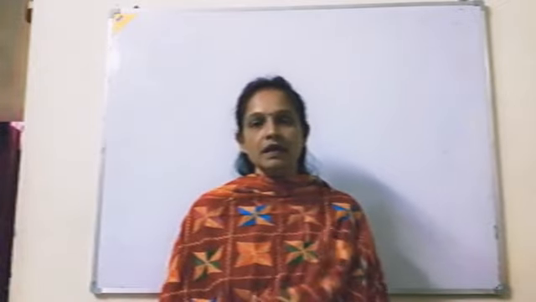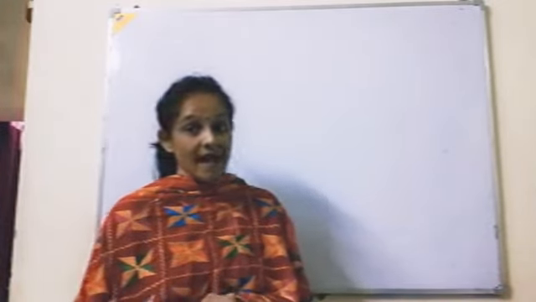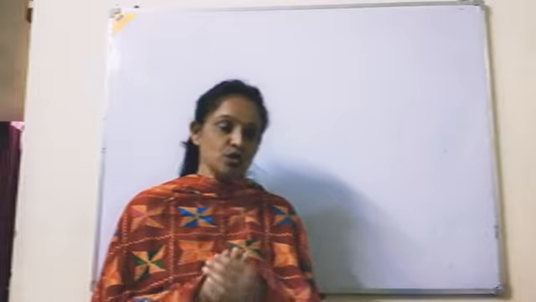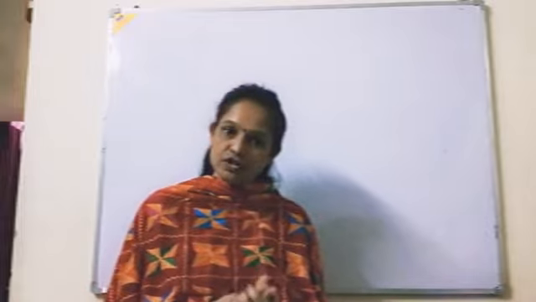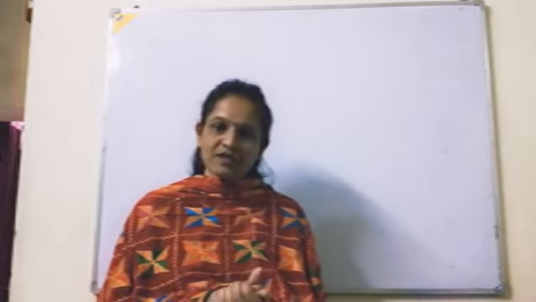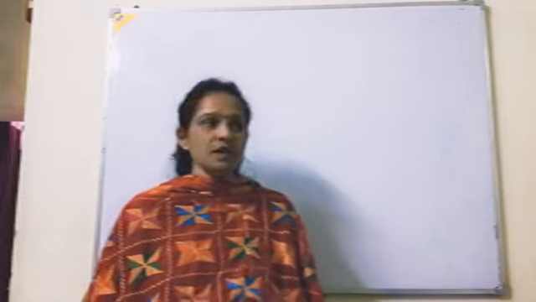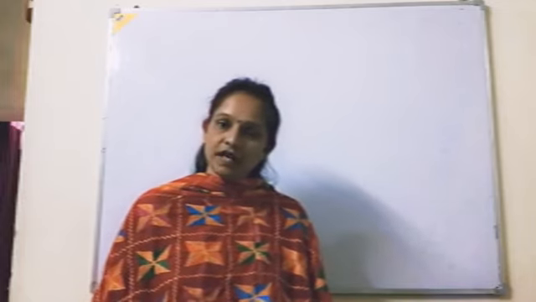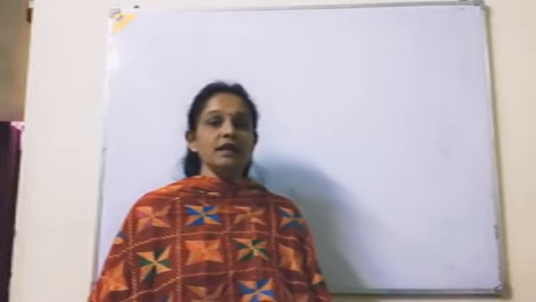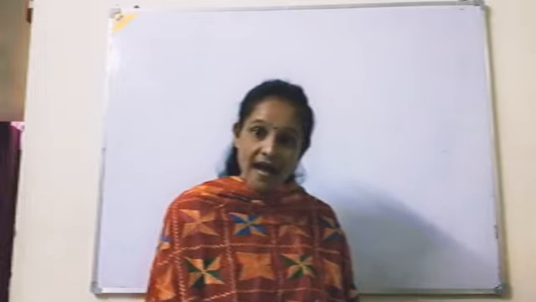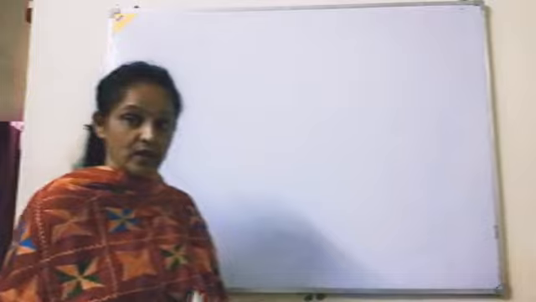So today I'm going to start rank correlation. In my last video, I completed coefficient of correlation. Under the correlation chapter, we have done the scatter diagram, the first method of calculating correlation. Then we did the coefficient of correlation by Karl Pearson. Now today we are going to start rank correlation, Spearman's rank correlation.